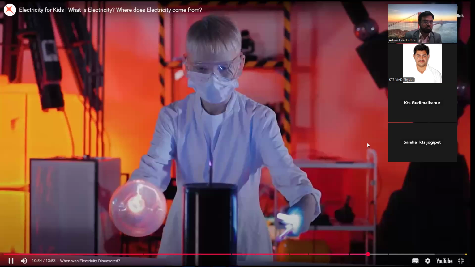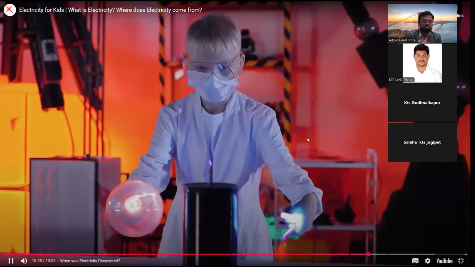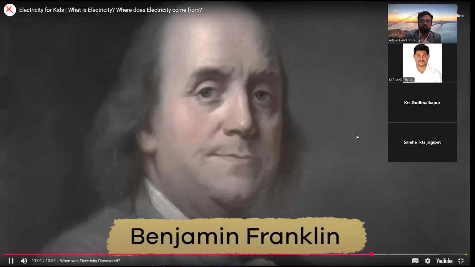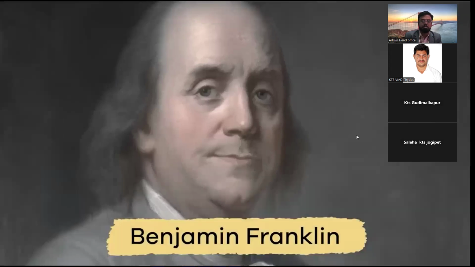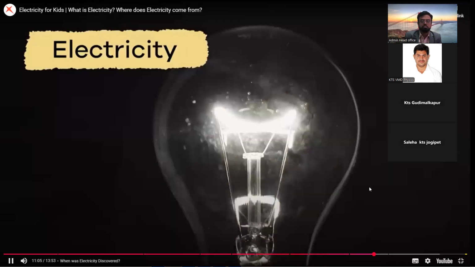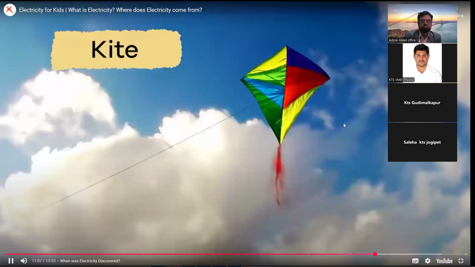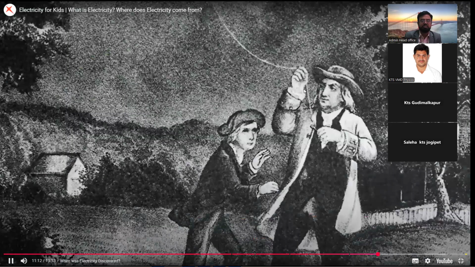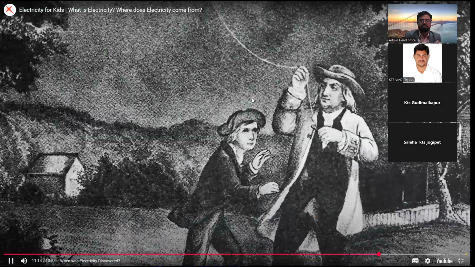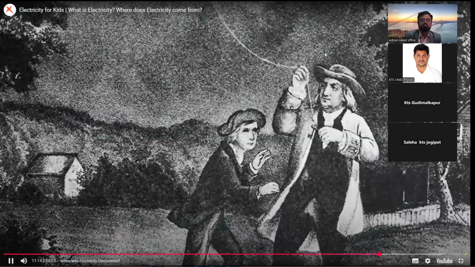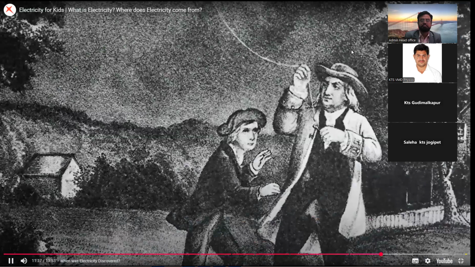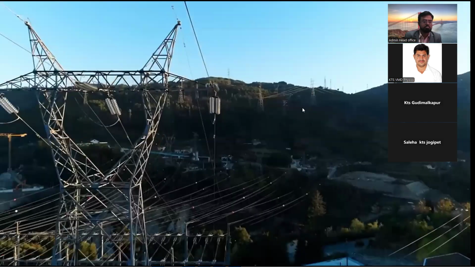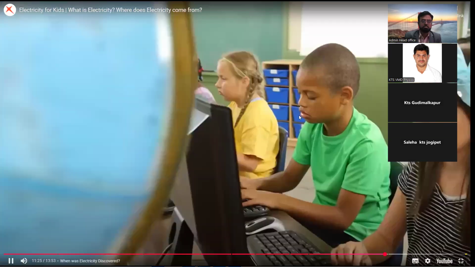People have been doing experiments with electricity for years. You may have seen images of Benjamin Franklin, who was one of America's founding fathers, experimenting with electricity. A kite, a key, and a storm. Benjamin Franklin proved there was a connection between lightning and electricity. He was a pretty smart guy. There is much more to be learned about electricity. But what we do know is that without...